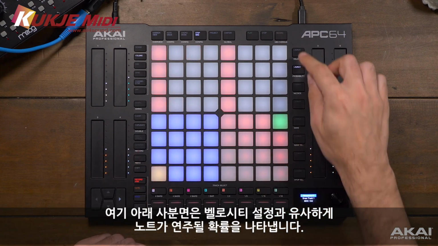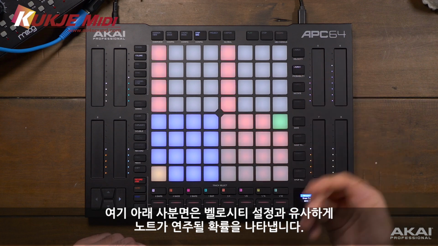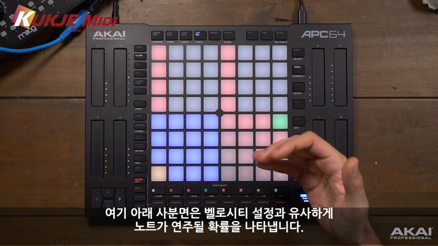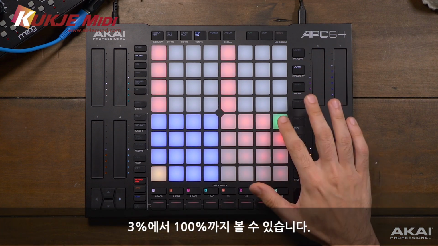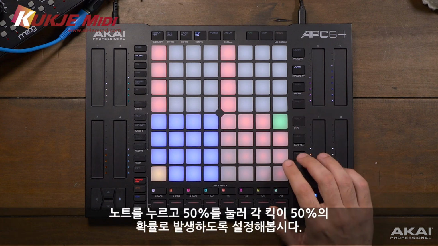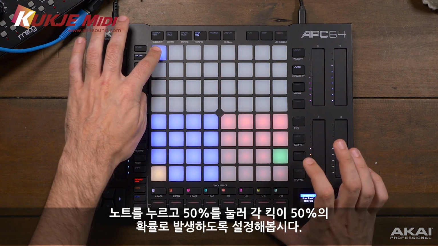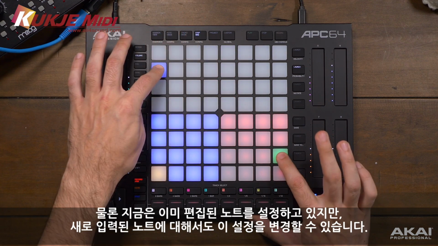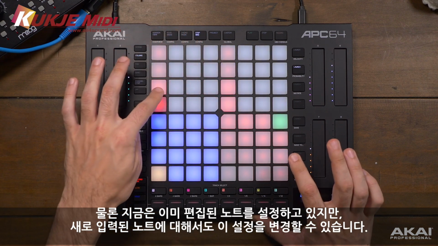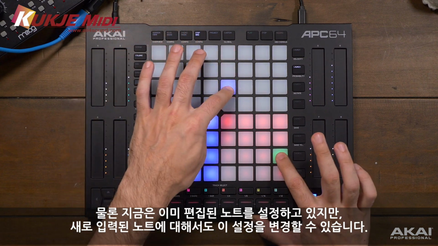This bottom quadrant here, similar to the velocity settings, represents the percentage chance that a note will happen, from 3% to 100%. Let's set each kick to happen 50% of the time by holding down the note and pressing the 50%. Of course, now I'm editing notes that have already been edited, but we could also change this setting for